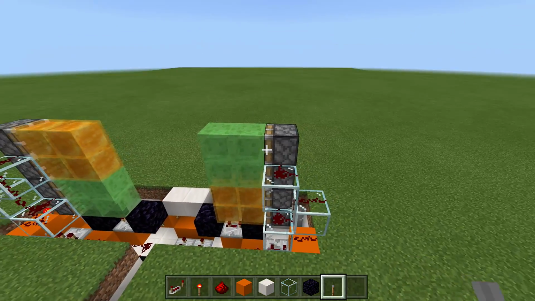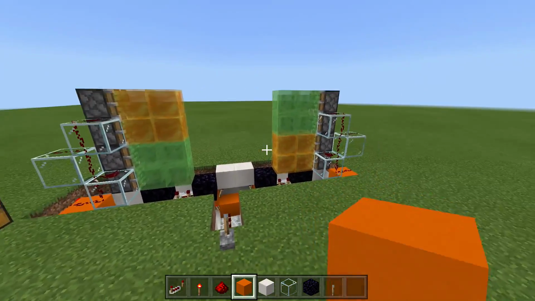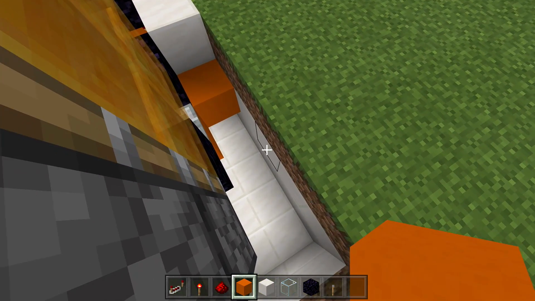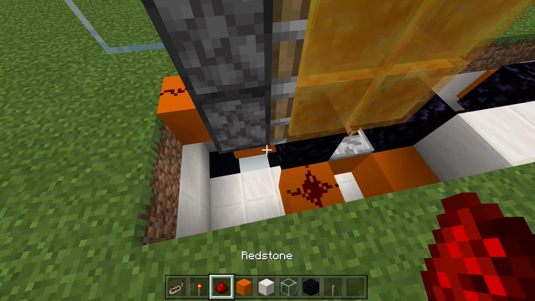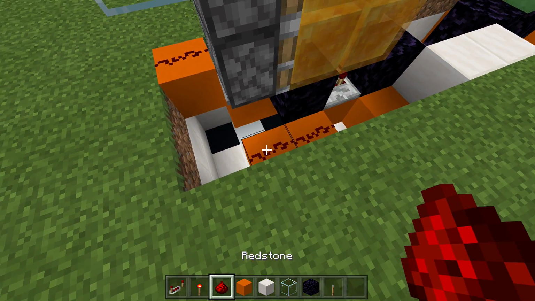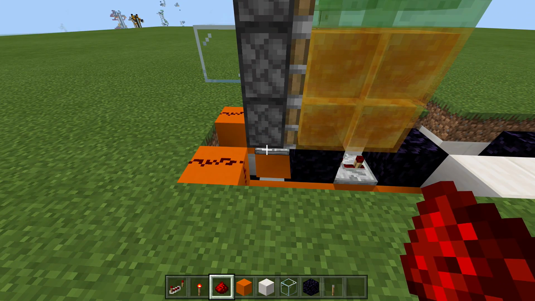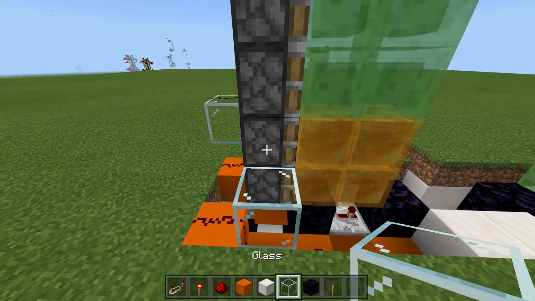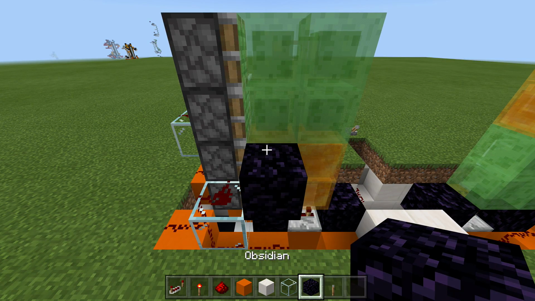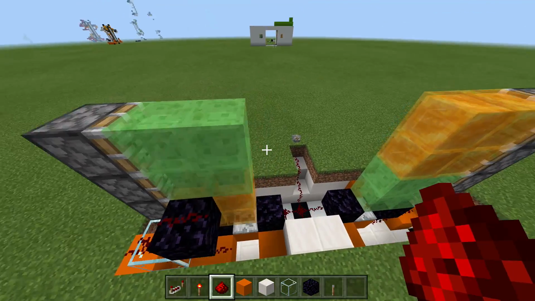So now we want to get these ones up here to fully extend out as well. So to get those top pistons fully extending out, we're going to come to the other side of the build, and then right off this obsidian block, once again, we're going to place a block with a piece of redstone, place a block over from that with another piece of redstone, and then we're going to come up a block with yet again another piece of redstone. Next up, we're going to place in a glass block right above that with a piece of redstone, and then place in an obsidian block with yet again another piece of redstone,